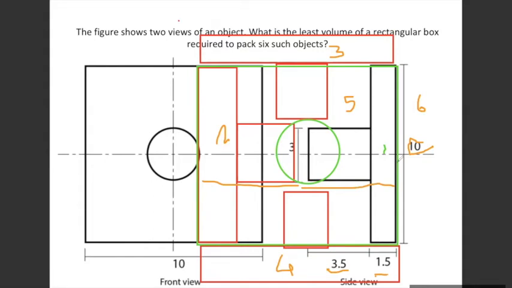So bare minimum volume, if you want to occupy, cube is the least possible volume that this object can fit in. Excuse me, this is 10, बीच वाला जो square है will be 10, the volume of the resultant box will be 10 plus, how much is this width? I think 1.5. Is that correct? Yes, ma'am. ऊपर भी 1.5 आएगा.